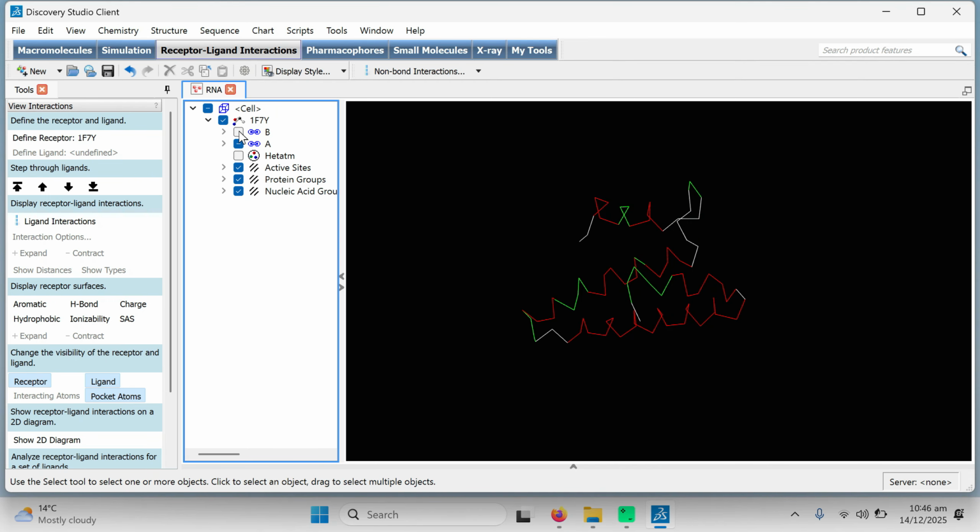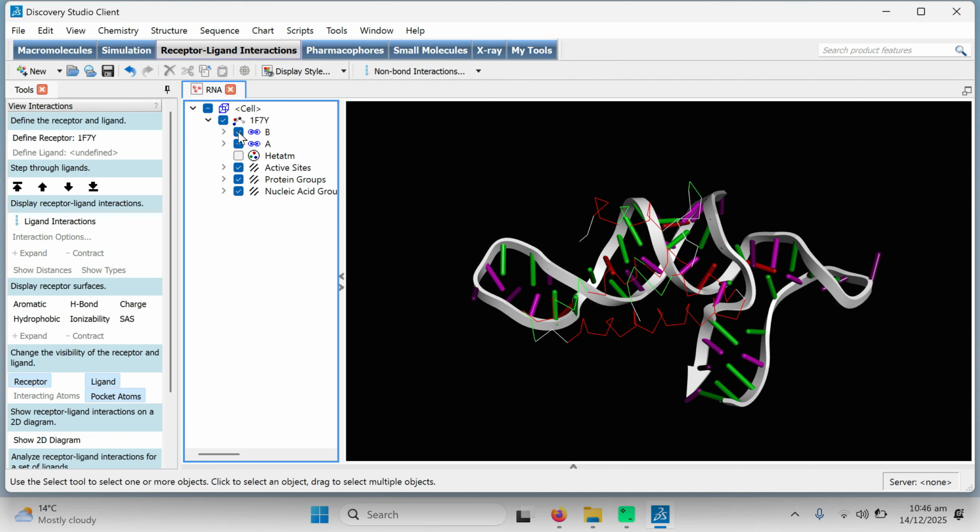These are the protein chain B. We can disable the protein chain B. Protein chain B is your RNA, and then we have the protein chain A. Protein chain A is your protein molecule. So from here,